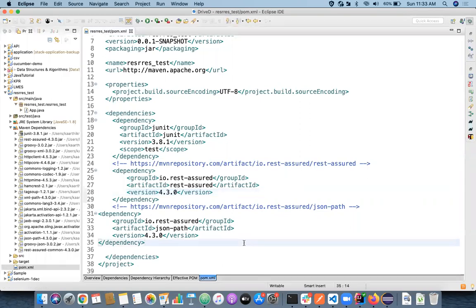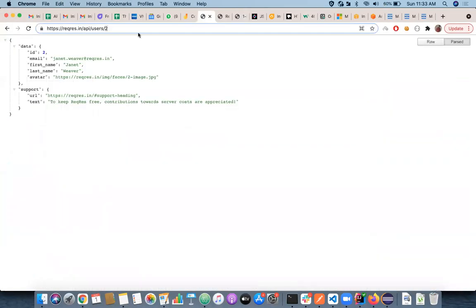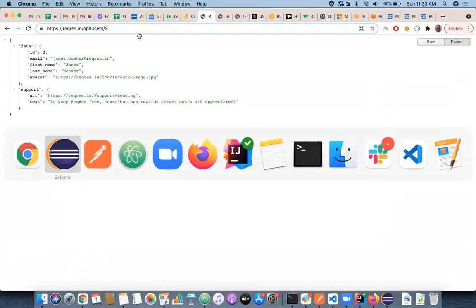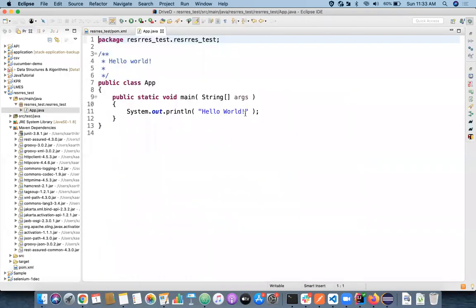Okay, so now we'll go ahead and do a basic example, whatever we saw in this request example, right? We'll try to use the same thing here and see what happens. I'll go to this App.java. So I'll remove this